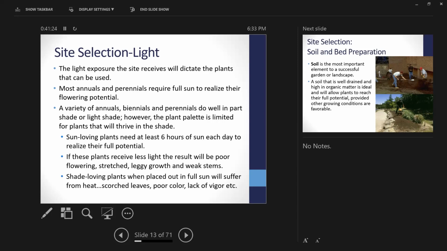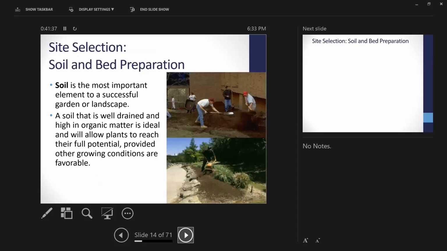If those have less light than that, they're going to be poor flowering, stretchy, leggy growth, weak stems. And of course, your shade plants, you put them out in the full sun, they're going to suffer also. They'll get burned up. So, on soil and bed preparation, I like to recommend that you measure out your area